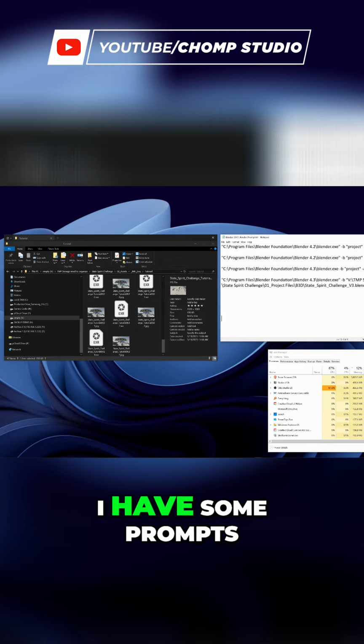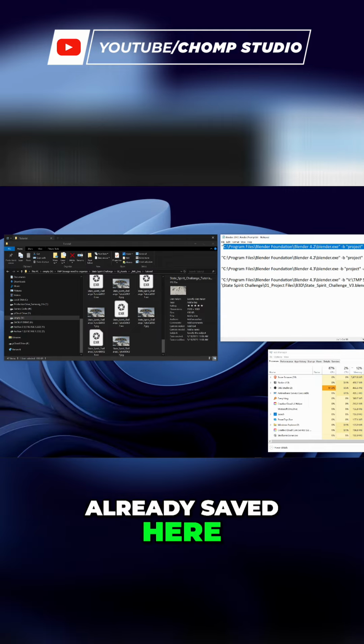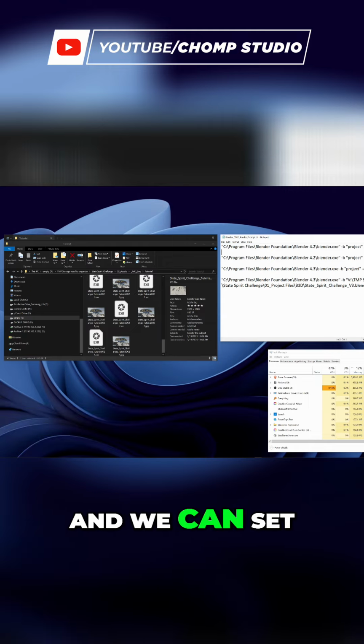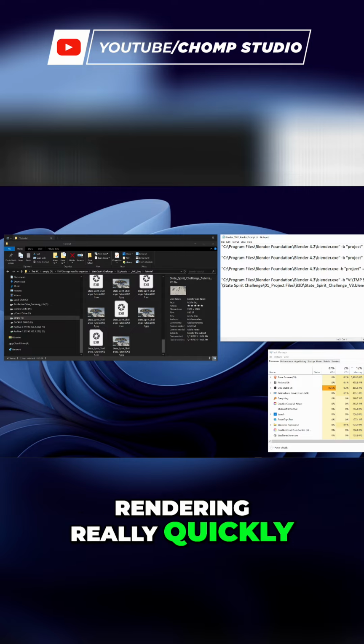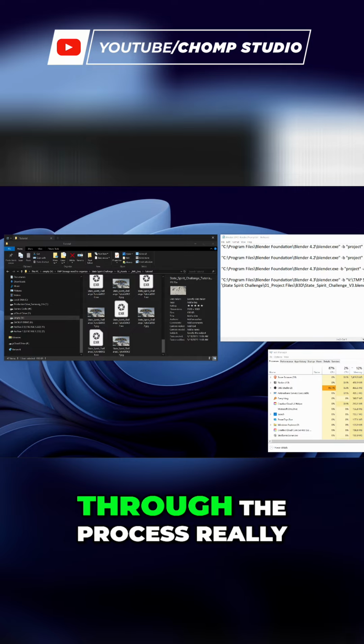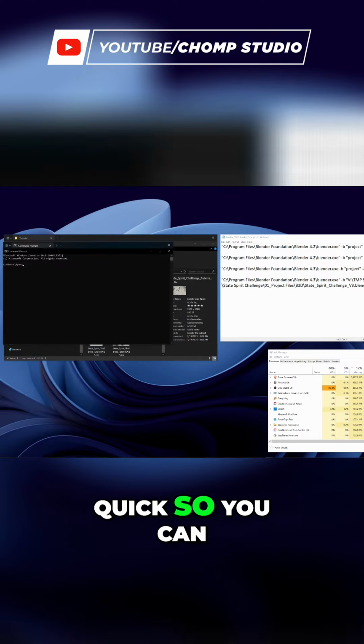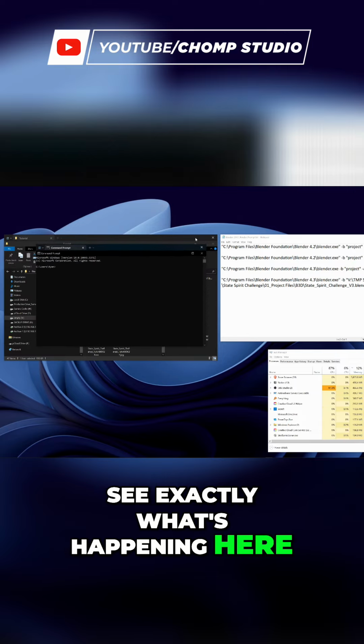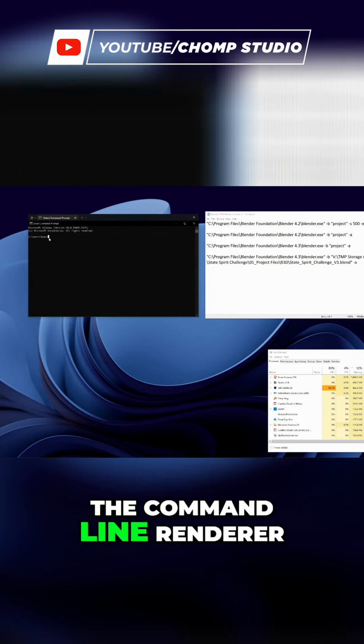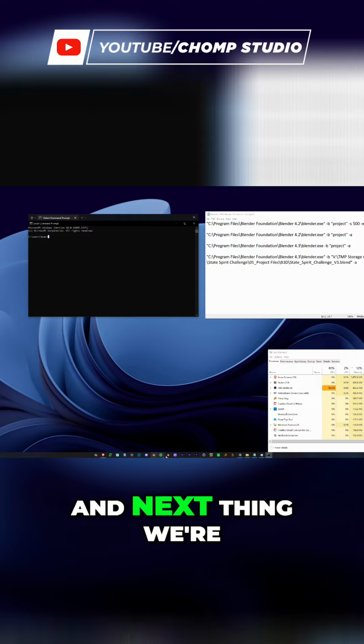So you can see I have some prompts already saved here. And I just have these set up so I don't forget what they are, and we can set up the command line rendering really quickly. I'll leave these in the description, but let's just go through the process really quick so you can see exactly what's happening here. All right, so I opened up the command line renderer, and next thing we're going to do,